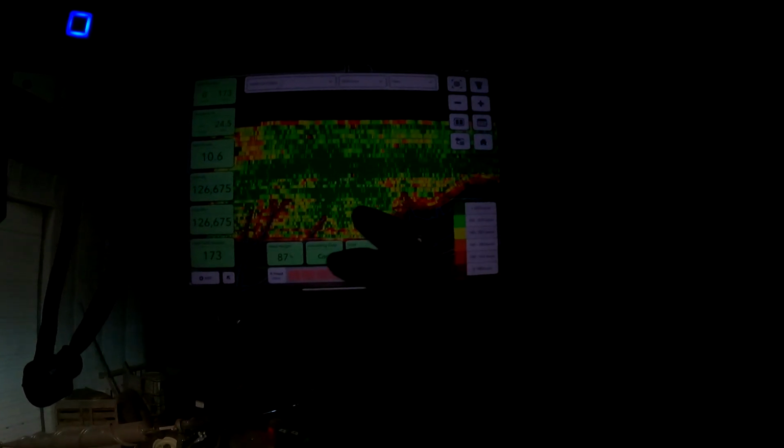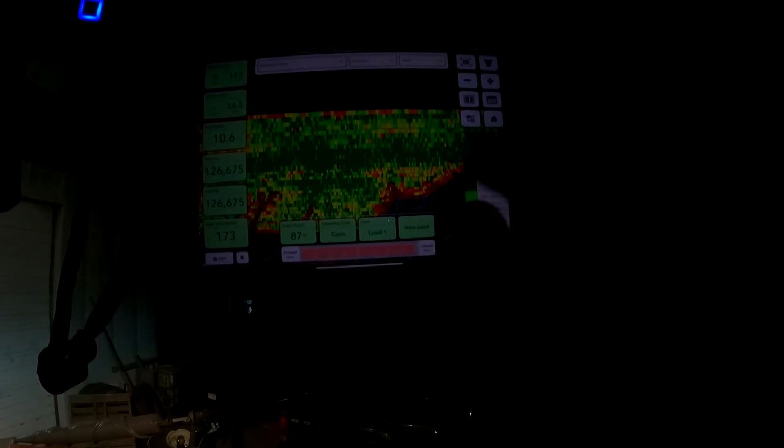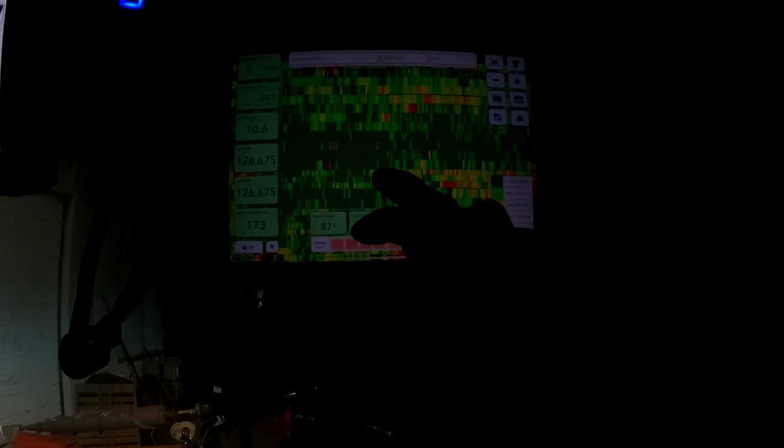Here's what the field looked like. Pretty good for the most part. Combine's a little off. I think Pat's pretty accurate. Nathan's is a little bit on the high side. You can tell because you're looking right here. There's just spots where